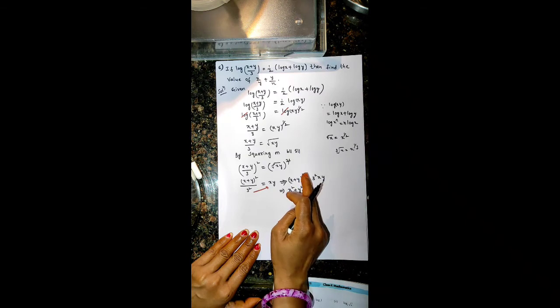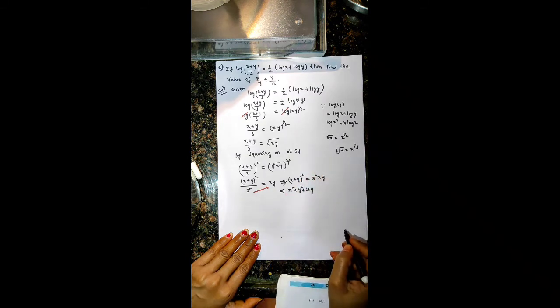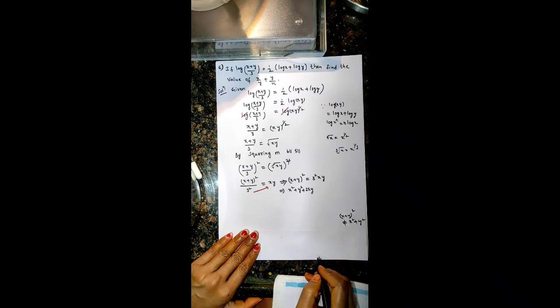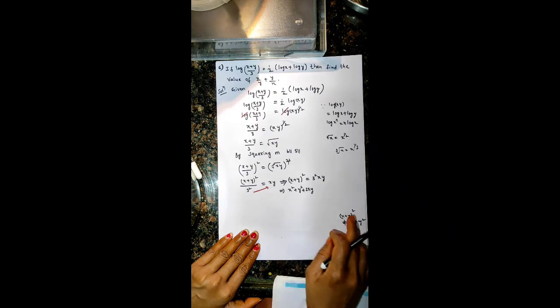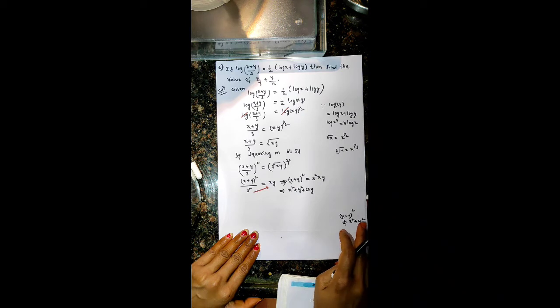Here (x plus y) whole square is not equal to x square plus y square. Why? Because x square plus y square means just x square plus y square only. But (x plus y) whole square means what do you have? x square plus y square plus 2xy. One term will be extra. 2xy is extra in (x plus y) whole square. Here 2xy won't be there. That's why these two are not the same. Some of you make mistakes like this, you don't do like that.